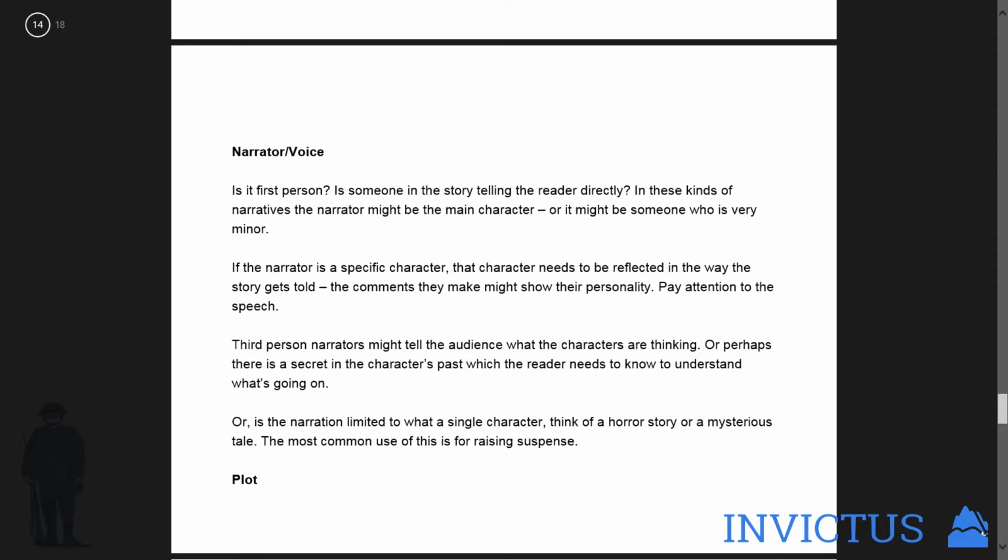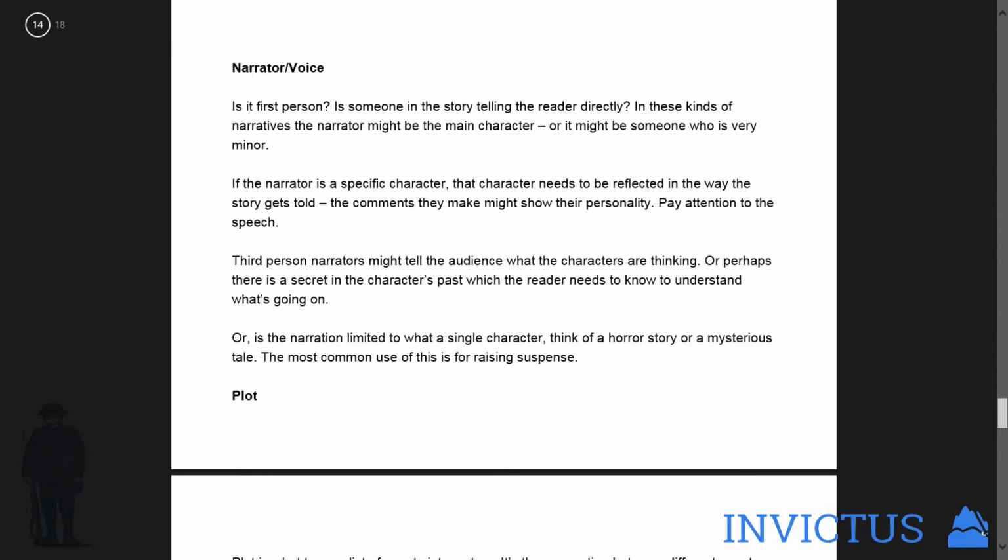So, moving on, we're close to the end now, guys. Don't worry. So, narrator and voice. Is the narration first person? Is someone in the story telling the reader directly? So, for example, if you're writing